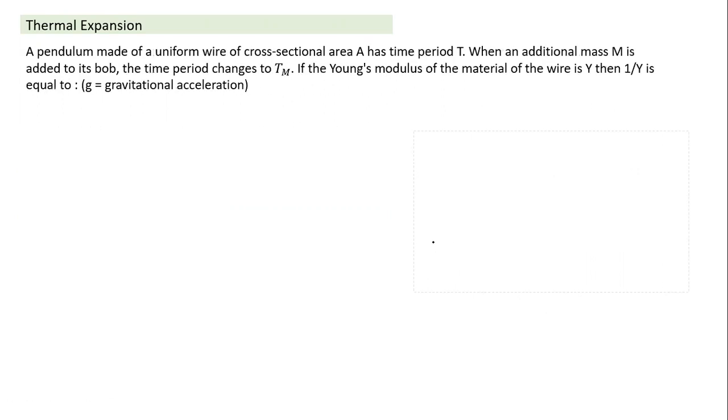Okay, this is another pretty decent question which has come in mains. When this question came in the examination, it was presented in a relatively different way, and it may stump many people. Let's understand what this question is. This question is related to a pendulum of a uniform wire cross section A. So whenever there is any pendulum, whether it's a string or, in most cases, let's imagine it's made of some metal wire.